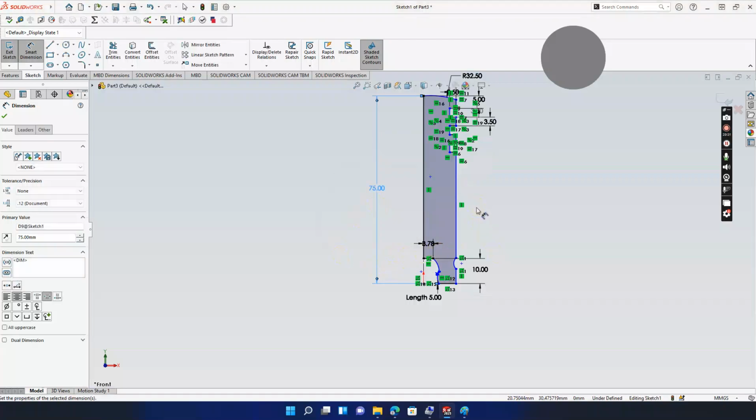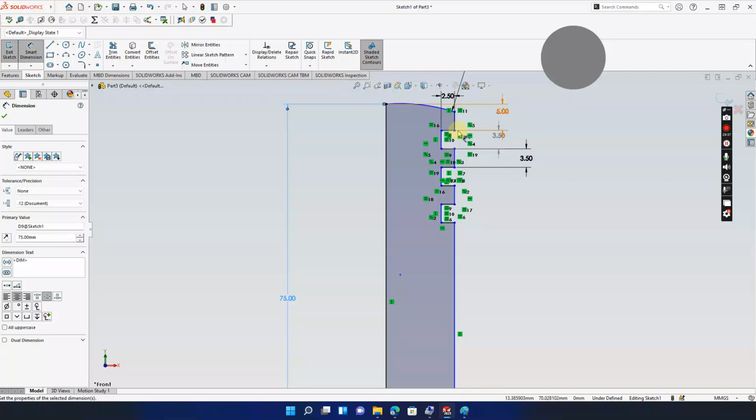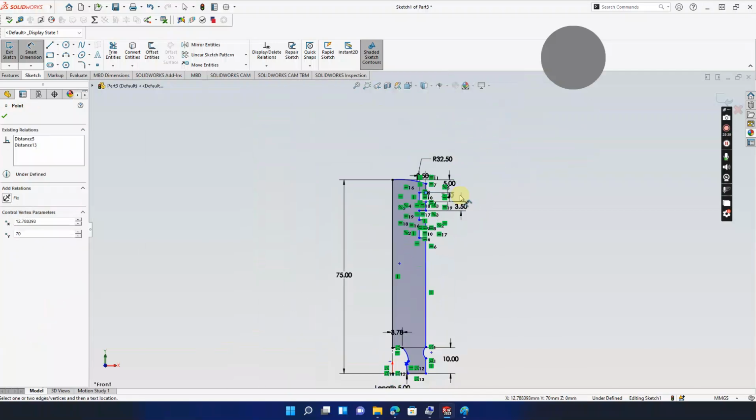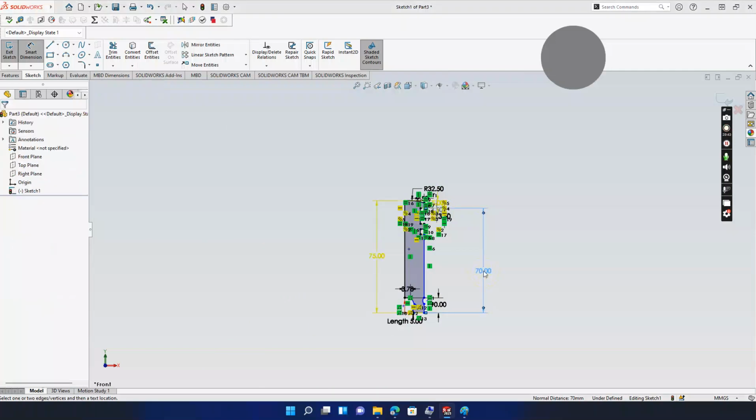Now, putting that at the back of our mind, and also from here to here, we should be having 65. Should be 65, but I don't know. If this is 5, from here to here is going to be,